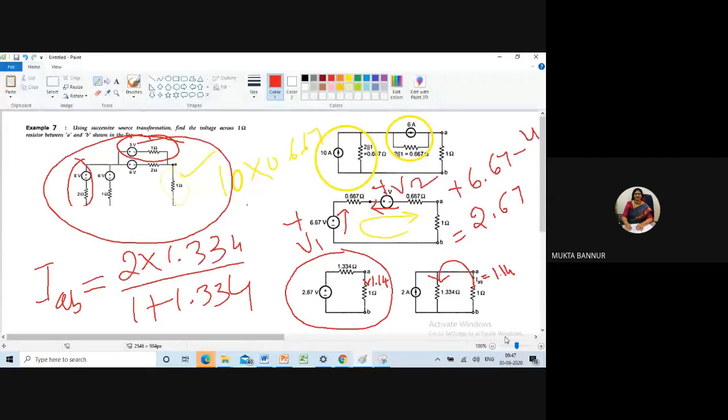Why have you got the same answer? See here, this has been replaced by a current source. I mean to say, both the methods yield us the same value of the answer. The current and voltage both will be the same. See here, they are finding out the current in the second one. Same only.